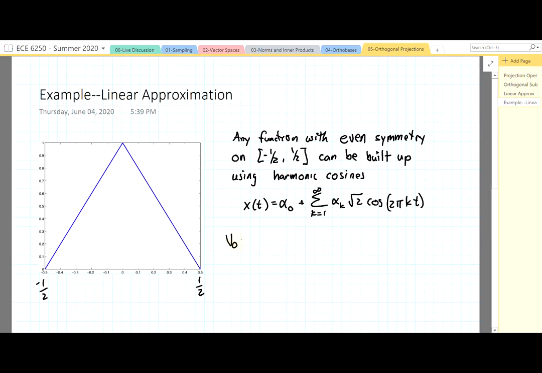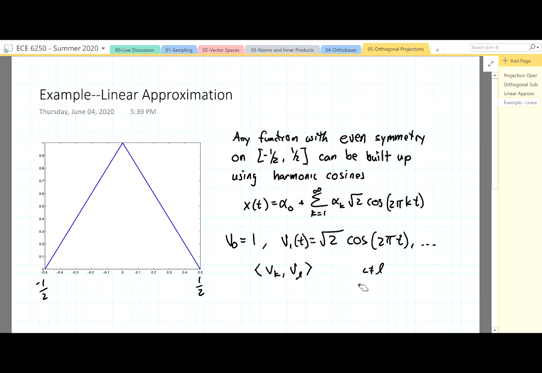So in this case, we'd have v0 is equal to 1, and v1 of t is equal to square root of 2 cosine 2 pi t, and so forth. And you could double check, but you'll find that the inner product of vk and vl